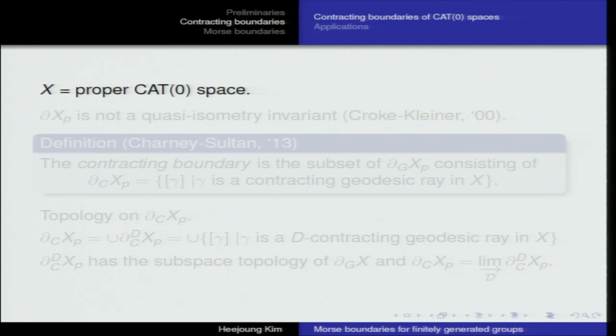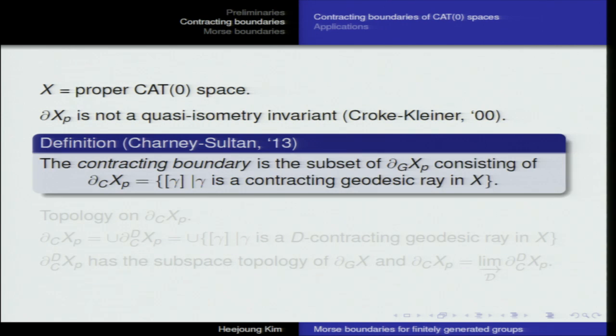So let X be a proper CAT(0) space. Then unfortunately, the Gromov boundary is not a quasi-isometry invariant, because they behave very badly. In 2013, Charney and Sultan introduced a new boundary for CAT(0) spaces, which is called the contracting boundary. So the contracting boundary is the subset of the Gromov boundary as a set, consisting of just contracting geodesic rays,